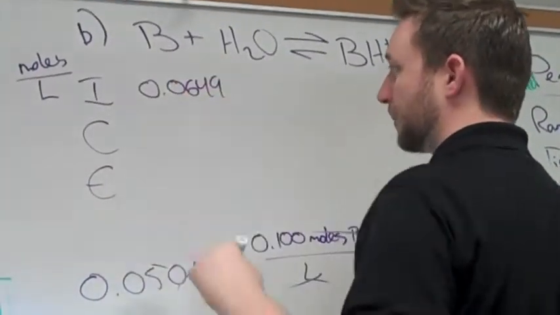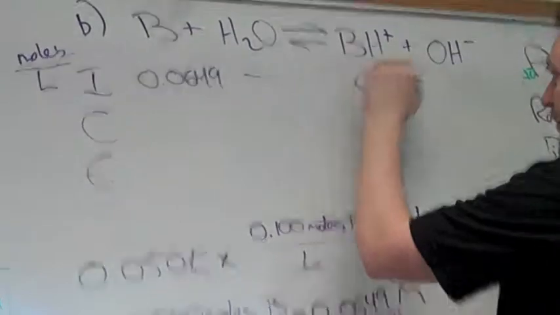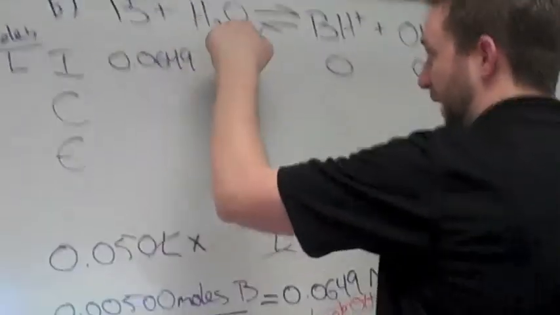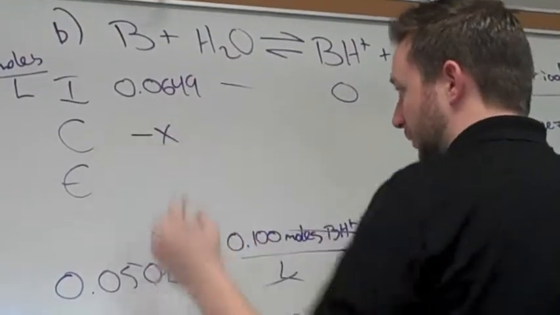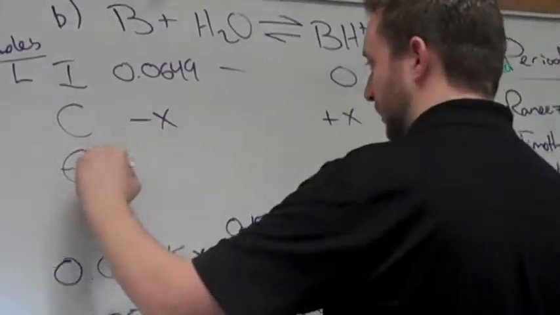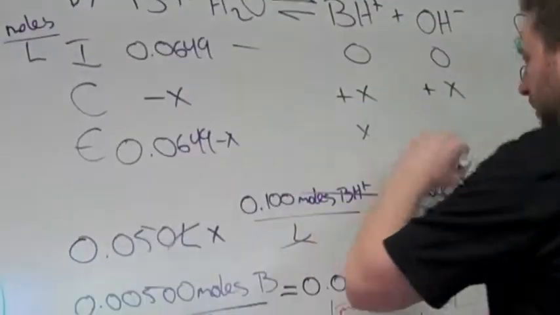Okay, so let's plug that in. 0.0649 molar. This we're going to say we have 0, this we have 0. The change again is going to be, this is going to react with water. This goes down in concentration, this goes up by X, and this goes up by X. So at equilibrium we have 0.0649 minus X. Here the concentration is X, and here the concentration